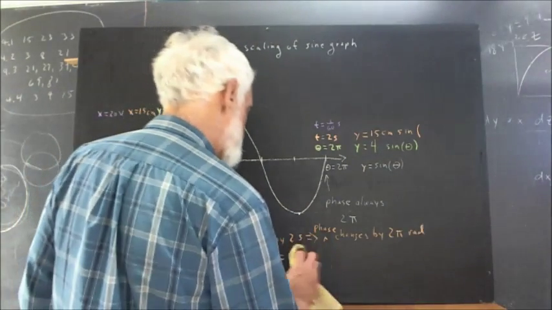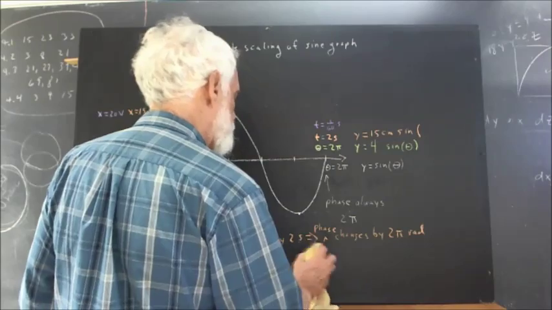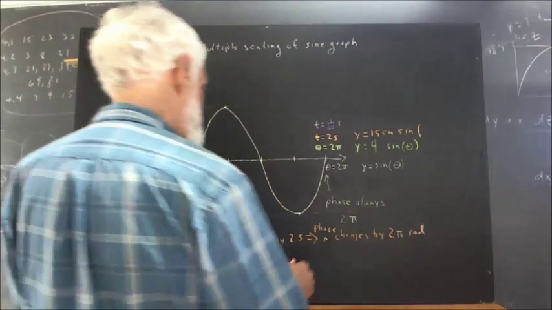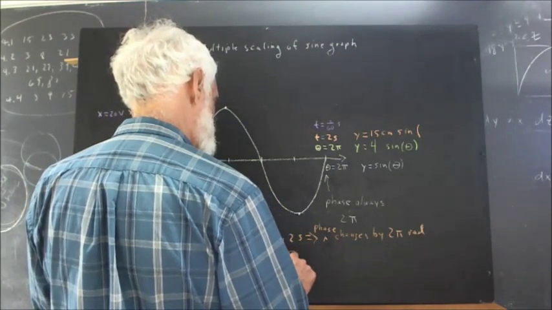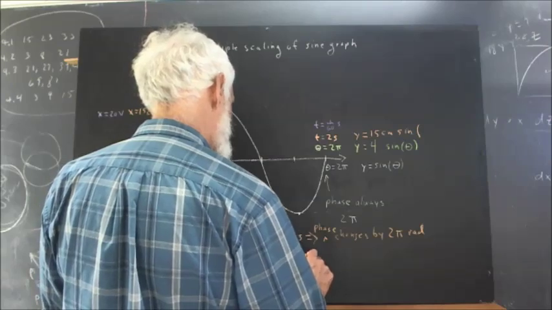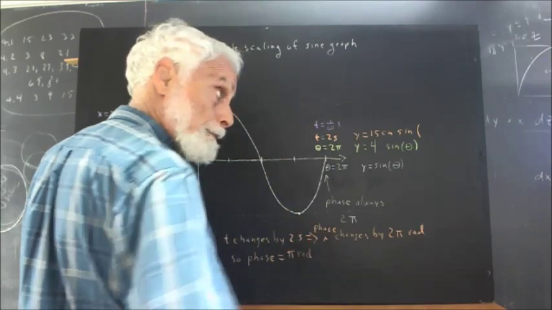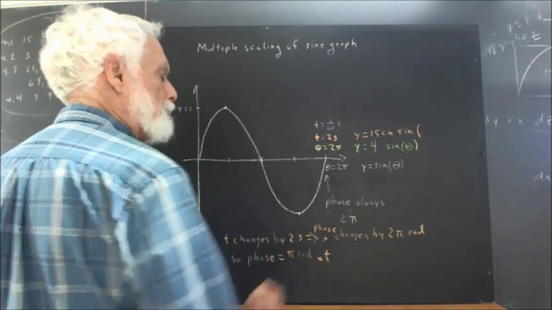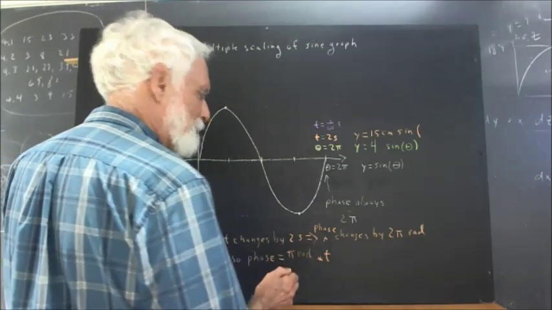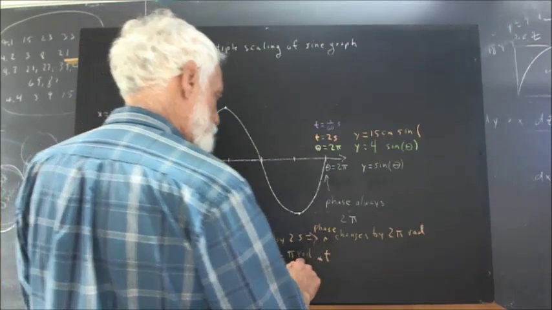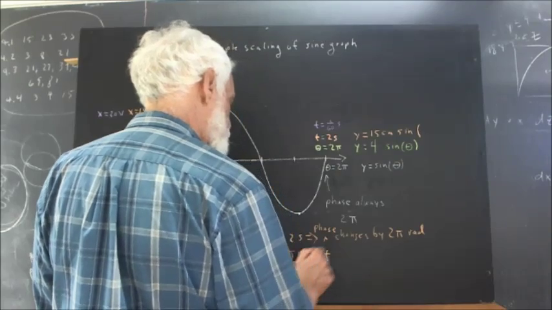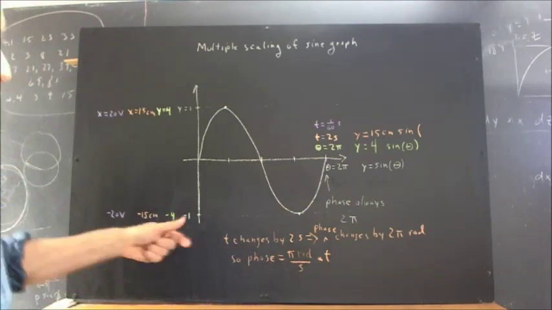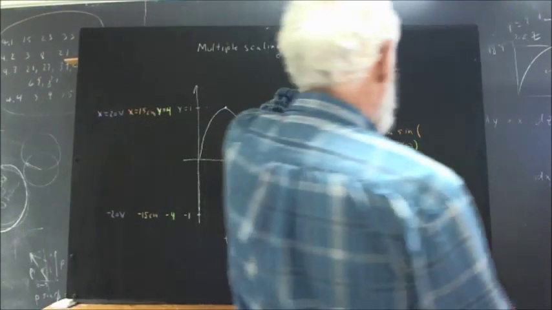Well, what's wrong with it is that t doesn't change by 2. T changes by 2 seconds. So the phase has to be... I'll write the radians here since I'm going to write something to deal with that seconds. Pi radians times t. Well, if t is 2 seconds, then you got pi radian seconds. So we better have a second down here to divide the second that we have on our time t. So here's our phase, and now y is 15 centimeters times the sine of the phase